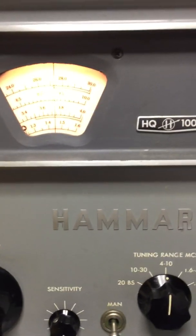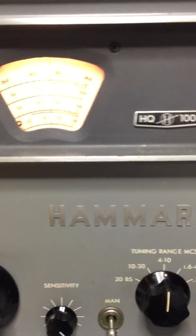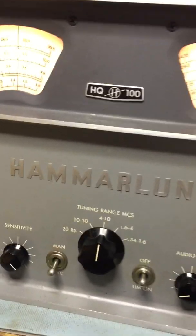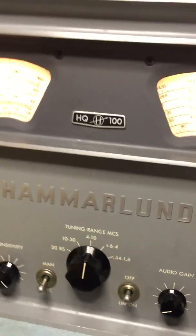Figure out a way to fuse the input line, because this radio is not fused and I don't want to go through this again. Anyway, thought I'd post this for those that are interested in old radios. This has been fun. Oh, by the way, it took me over a week